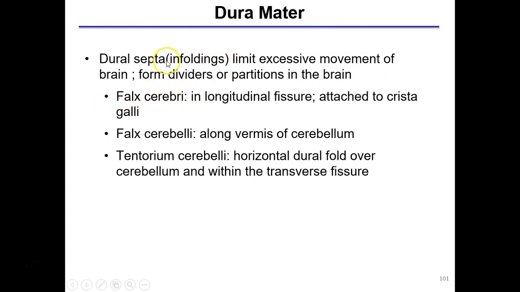There are three areas where we find significant infoldings forming partitions, which are created by the infoldings of the dura. One of them is called the falx cerebri, which extends down into the longitudinal fissure, and it effectively divides the two cerebral hemispheres. And then there's a falx cerebelli, a much lesser infolding between the two cerebellar hemispheres that runs along the vermis, the midline structure of the cerebellum. And finally, there's an infolding known as the tentorium cerebelli. This is more or less a transverse or horizontal dural fold that extends over the cerebellum within the transverse fissure